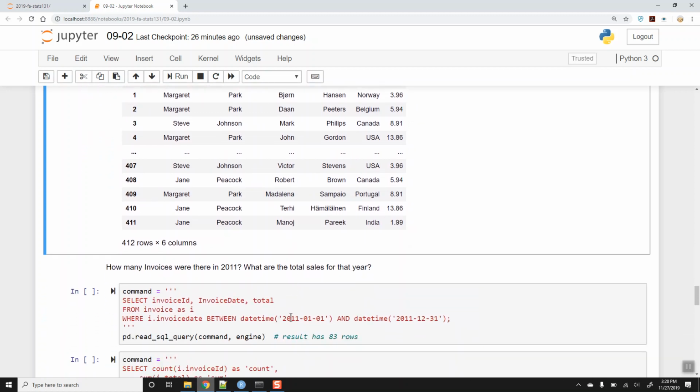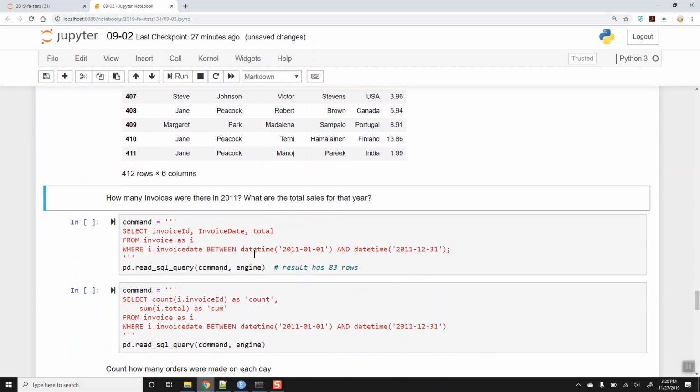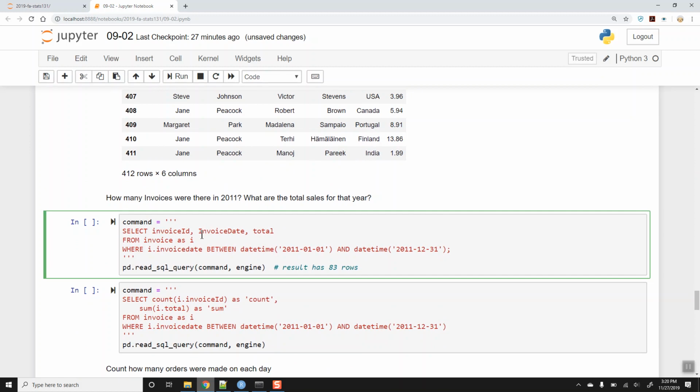All right, so these are all the different invoices we have. Okay, we can ask how many invoices were there in 2011 and what were the total sales for that year. So here we're just going to look at the invoice table and select a date range. In order to get date information, you have to use this datetime function that will turn strings into what it recognizes as dates,